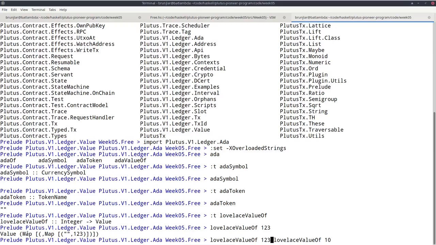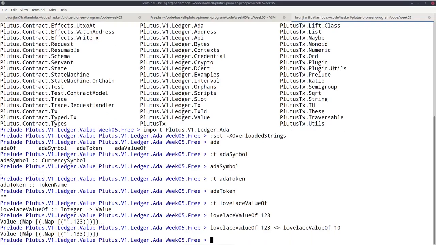So monoids are things that you can combine that have a neutral element called mempty, and you can combine two elements to a third element with mappend. But there's also an operator for that that's written like this. That comes from Semigroup, which is a superclass of Monoid. So doing something like this, I can combine two values. So having the value that represents 123 Lovelace and the value representing 10 Lovelace, I get a value with 133 Lovelace.